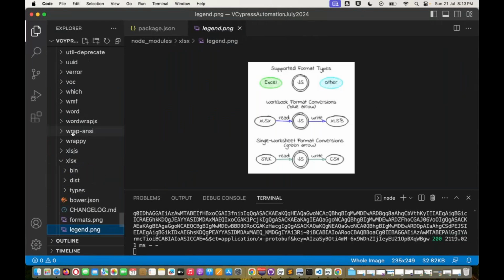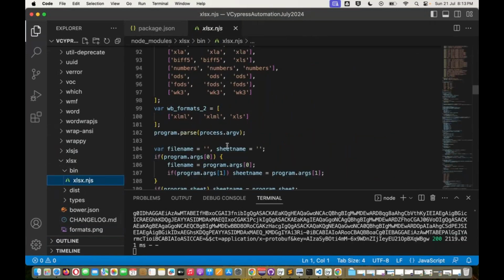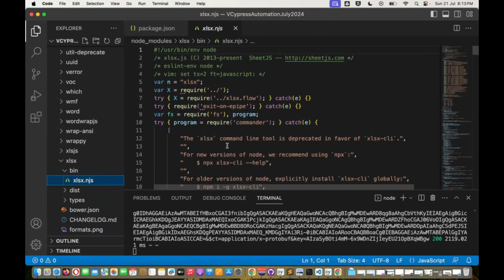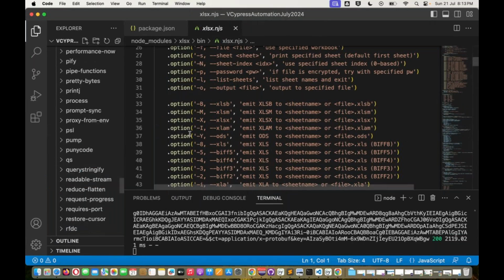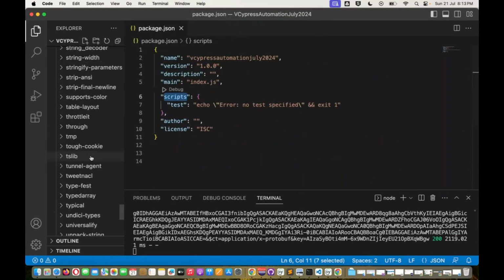So xlsx read js xlsb. This is the flowchart they have provided. This is the code for reading Excel and for writing to Excel, something like that. So these are read-only files we will not be able to modify,